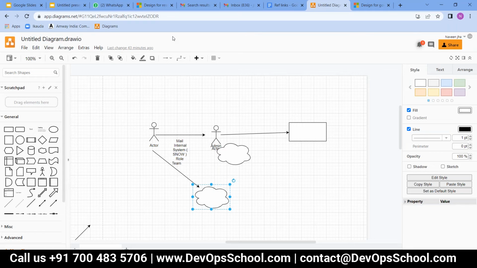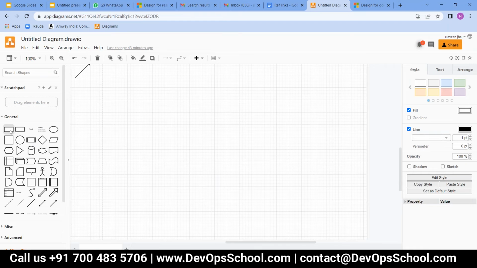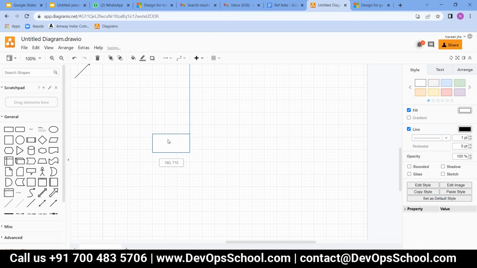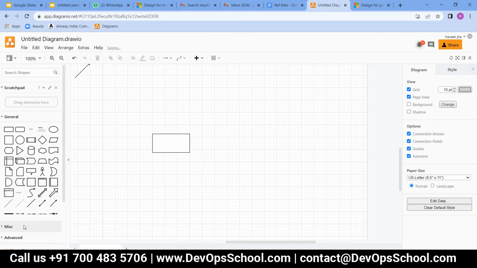Now we were talking about one of the important concepts. Now there is one resource group, and say there are different devices.